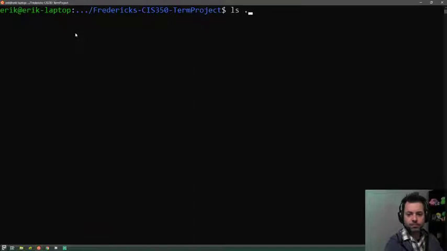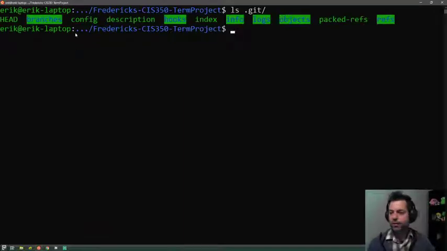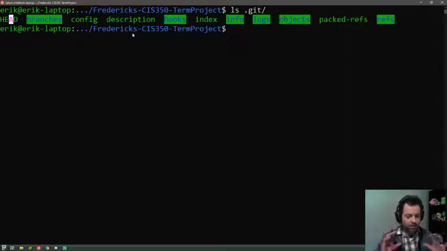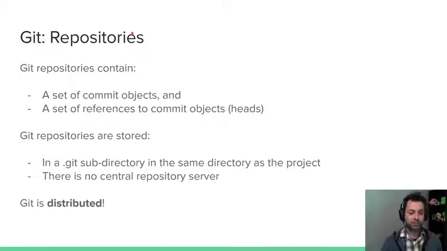What's inside of it? Well, it's everything we need to have a local database for a repository. So what's the head? What are our branches? What objects do we have? What references do we have? And the long story short, do not modify anything in here by hand unless you really know what you're doing. This is effectively a database with a very structured environment. So avoid touching any of the files in here. It's hidden basically to make sure that nobody plays with it. But that's where everything is on your computer.